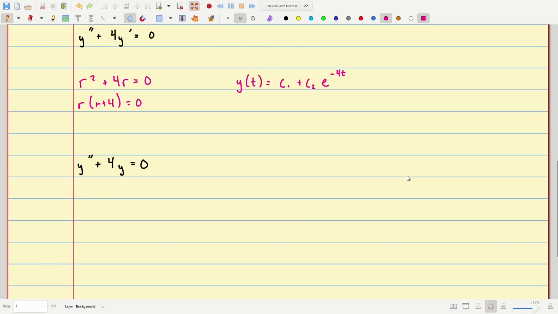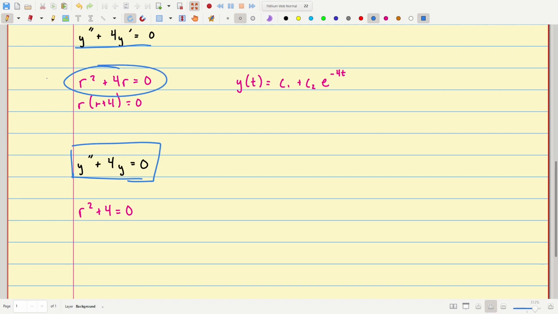Lastly, we have y double prime plus 4y equals 0. The characteristic equation for this is r squared plus 4. And I want to point out, as I mentioned just a bit ago, that there are a ton of times where people accidentally see this problem and write this as the characteristic equation. All right? This is a very common and very costly mistake if you are to make it,